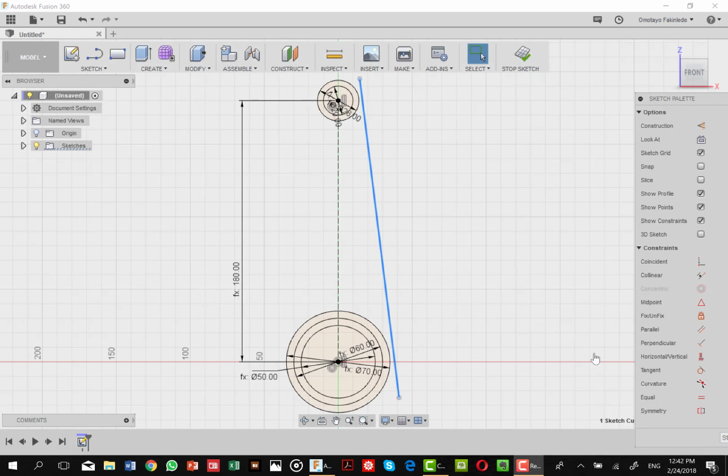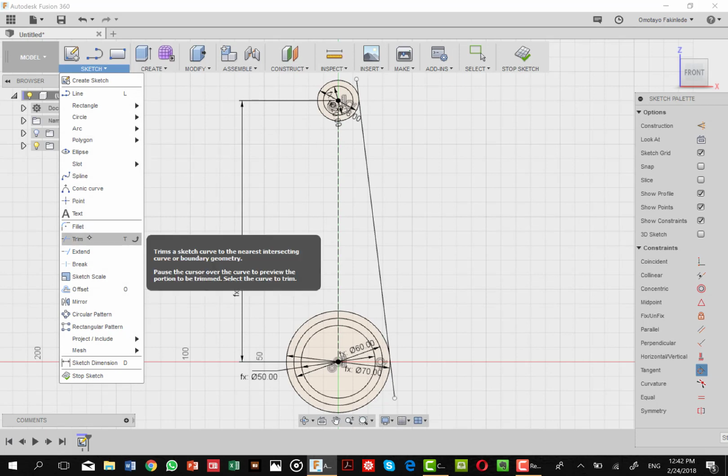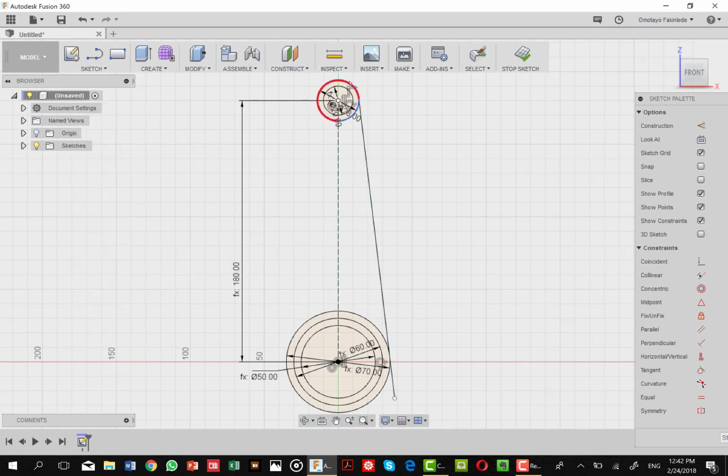With the 5 circles already drawn, 2 sets up, 3 sets down, we can turn this line into a tangent to the outermost of those 2 sets of circles. We do that by selecting the tangent tool here, tangent, select this circle, and we again say tangent. We select this circle and this line, and we can see they are now in tangential relationship. We now go to trim. Trim tool, trim here, trim this part, then trim this part.